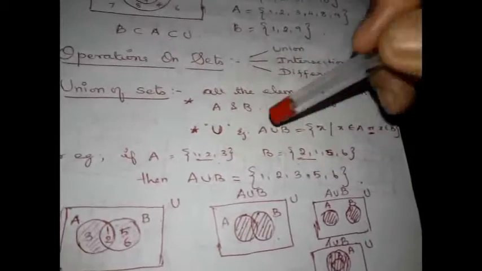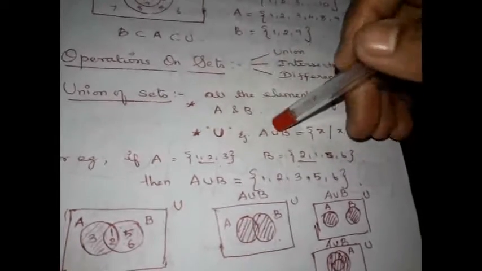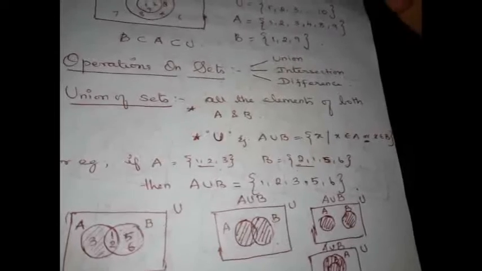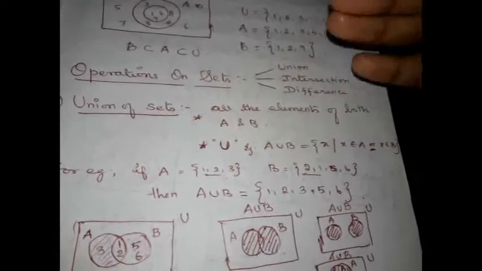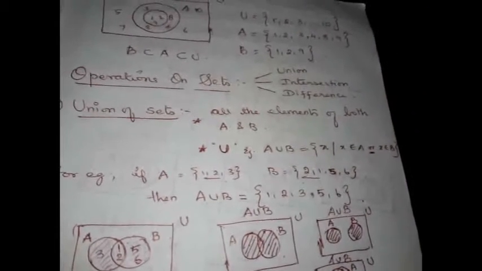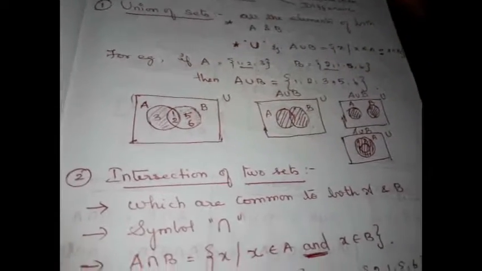If an element is in the union, it means that the particular element can be in A or in B, because in union we will write all the elements of A and B. So when an element is available in the union, it can be in A or it can be in B. We don't know in which set it actually belongs to, right? Using a Venn diagram, how we denote that we have also seen. Both A and B should be shaded.